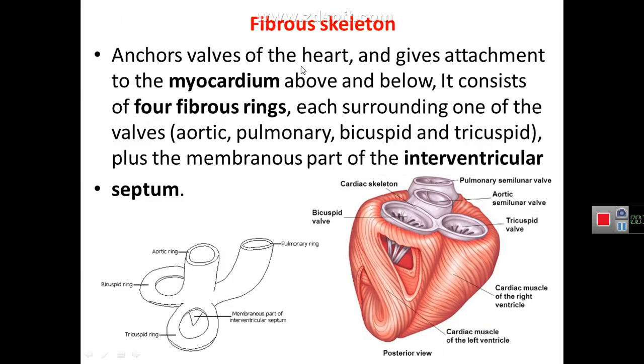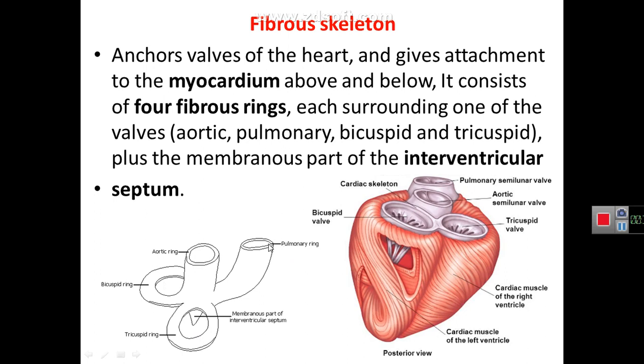The next topic is the fibrous skeleton. The heart is formed of a muscle which is called myocardium. The muscles of the heart are attached to a fibrous tissue inside the heart that looks just like that, which is called the fibrous skeleton. You can see that the fibrous skeleton of the heart is formed of 4 rings that